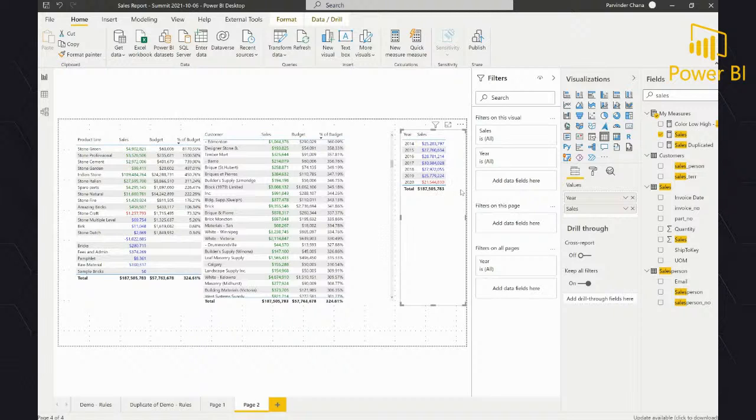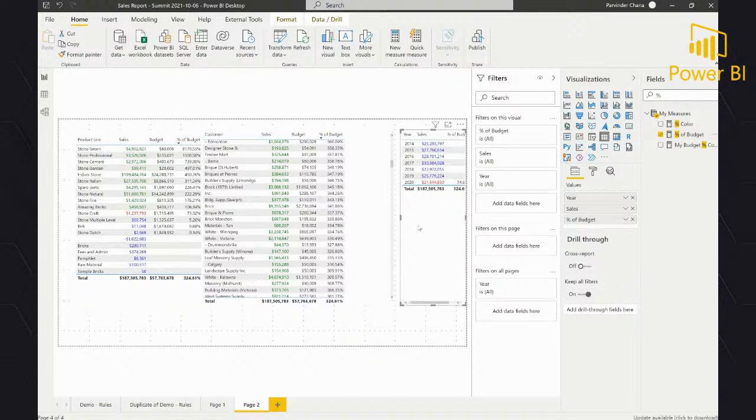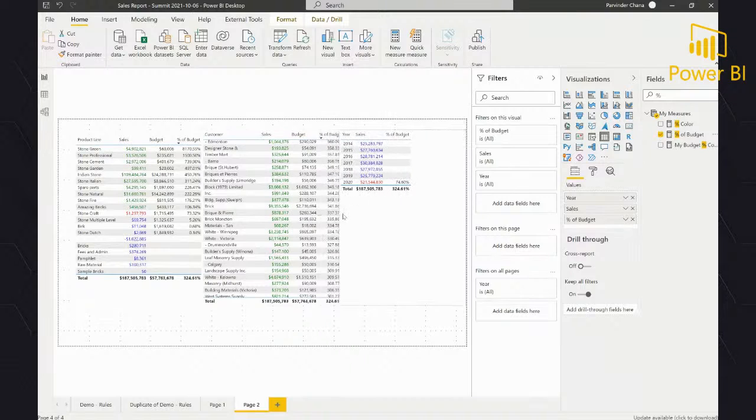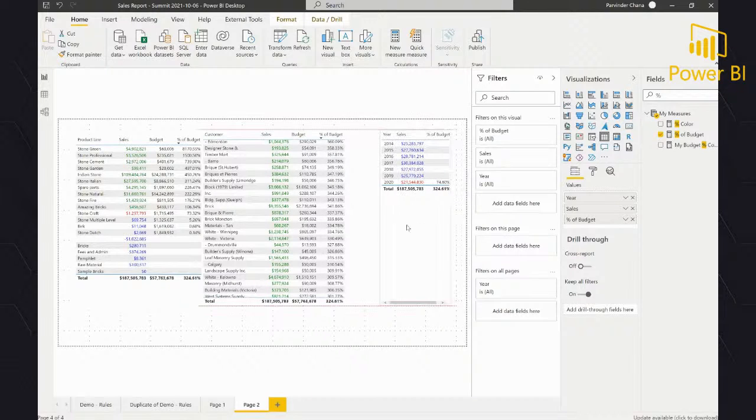So same rules are applied everywhere if we look at the percentage, and whatever the rule we have defined, okay, these are the blank, so they're showing, I think that's the logic I have in there. There's no budget, I guess, for those years.